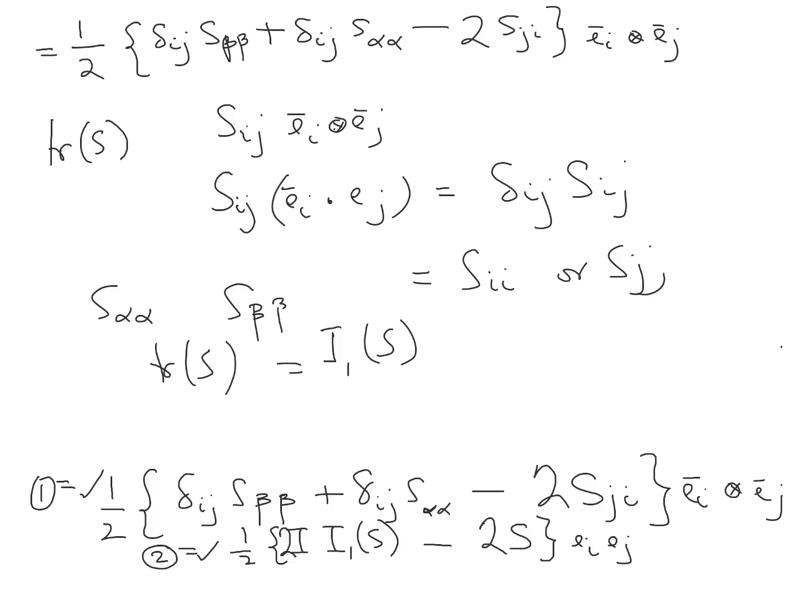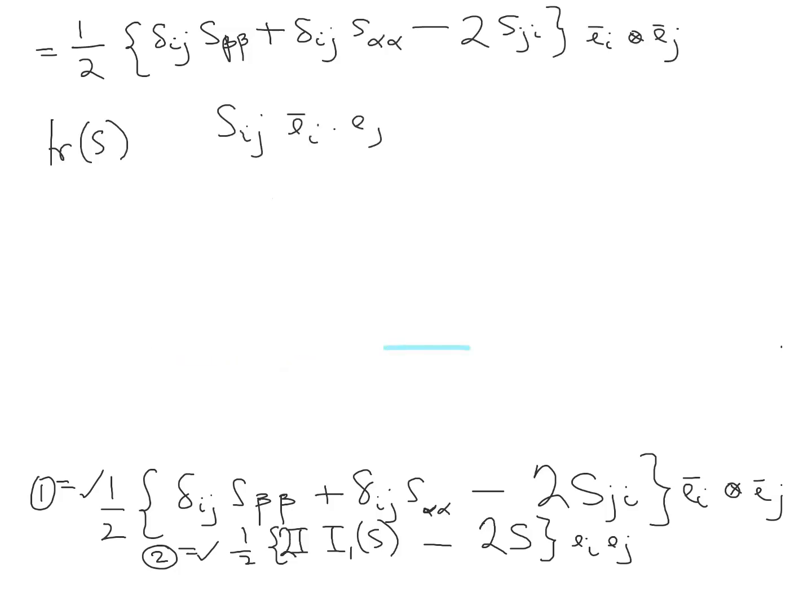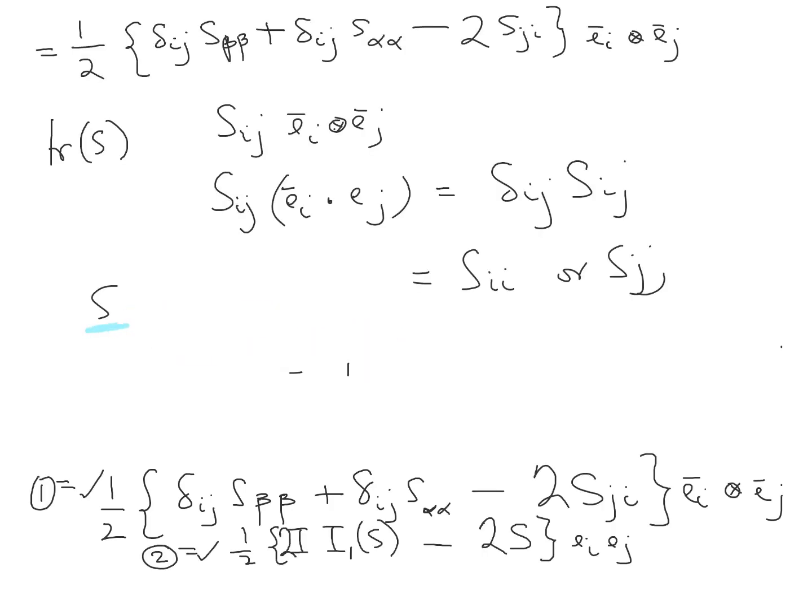Mojirade, is this clear? Because you are the only one that responded to me. Is this clear? So when you see S_ββ or S_αα, it is actually the trace of S, which is the first invariant. Very good. If you understand that, then you will see that to rewrite what we have on the board to the bold form,